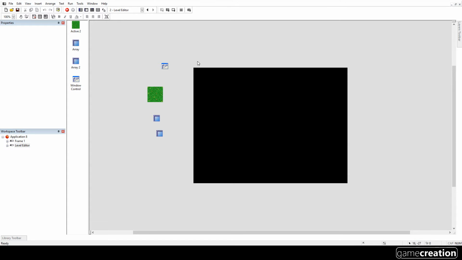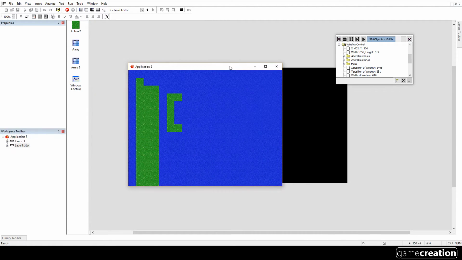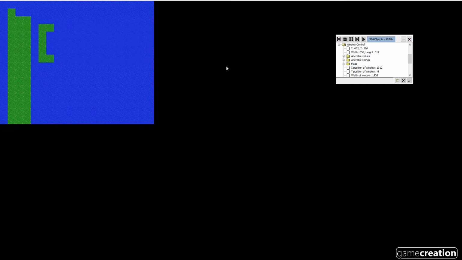Okay, so if I run it now, and remember run frame, and you can press F7, but I don't like doing too many shortcuts because you can't see me doing the shortcuts. And what I want is a toolbar here at the top where I can select the grass and the sea tiles, and then eventually I'll be able to click on this and change them, which at the moment they're very static. So what I need to do is create some way of doing that. Now,